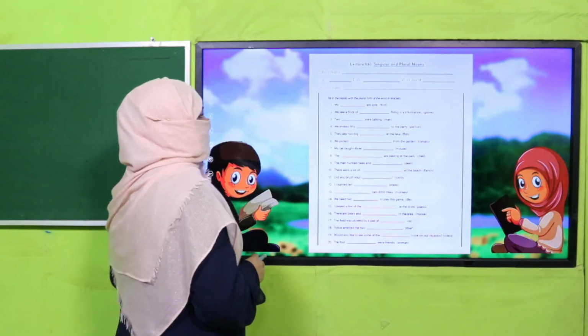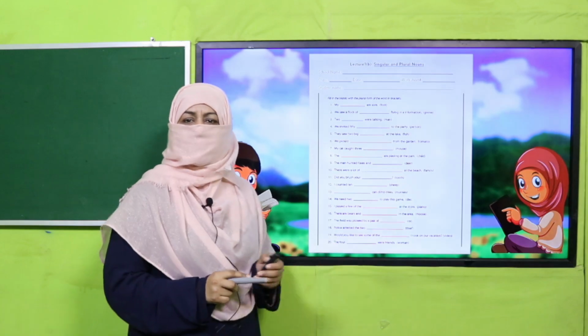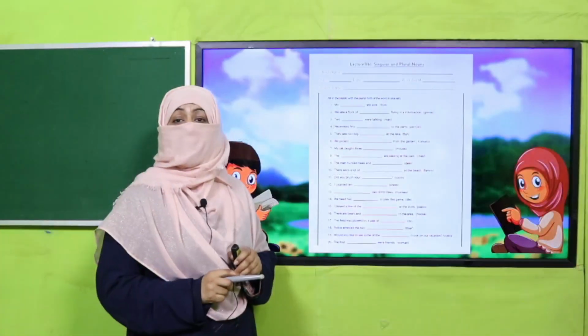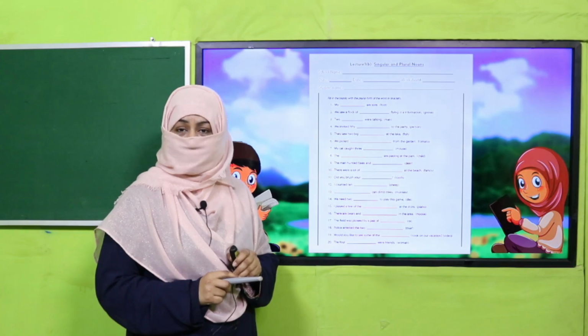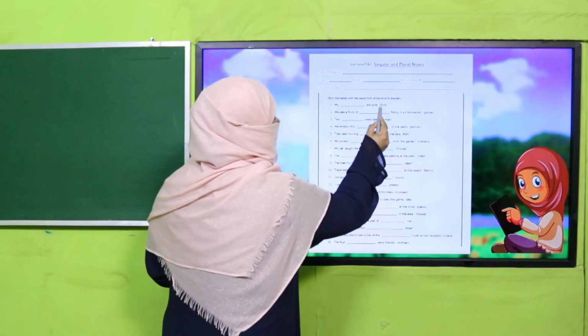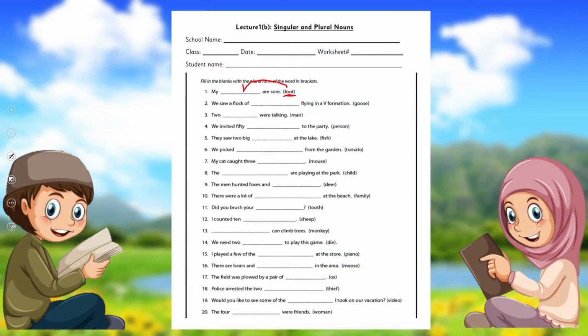And here is a worksheet, my dear fellow teachers. This worksheet, lesson plan, and PowerPoint presentation links are given. You may click it, download it, and kindly provide students with a printed worksheet for practice. And my dear children, what you are going to do, again, a noun is given. You have to complete the sentence by using its plural form. This is for your practice.